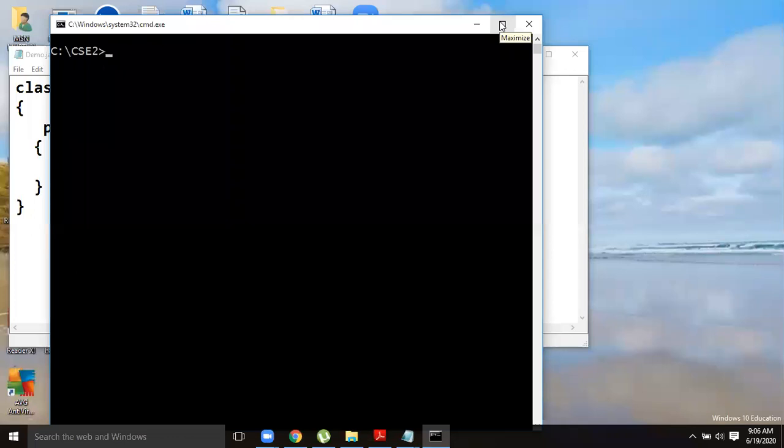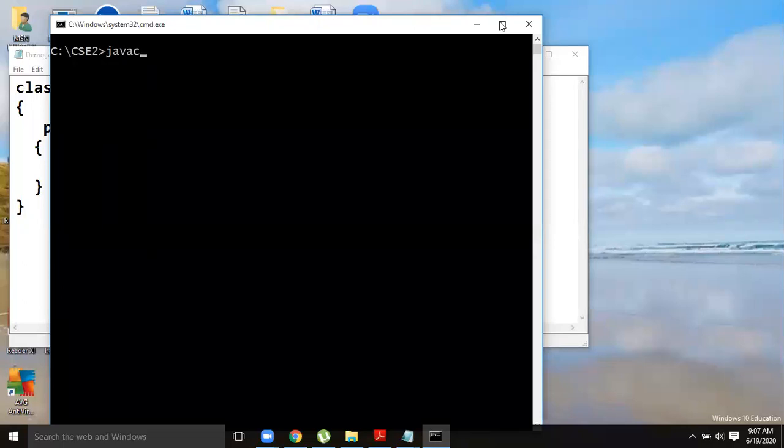So first of all, I have to compile my program. Compilation of the Java program can be done with the help of the compiler. As you know, there are two steps we have to use. The first step, we have to compile a Java program, because unlike other programming languages, for example, if you take C, after compilation, linking, execution, your C source program will be directly converted into the machine equivalent code. But in Java, the case is different. It is using both compiler as well as interpreter.